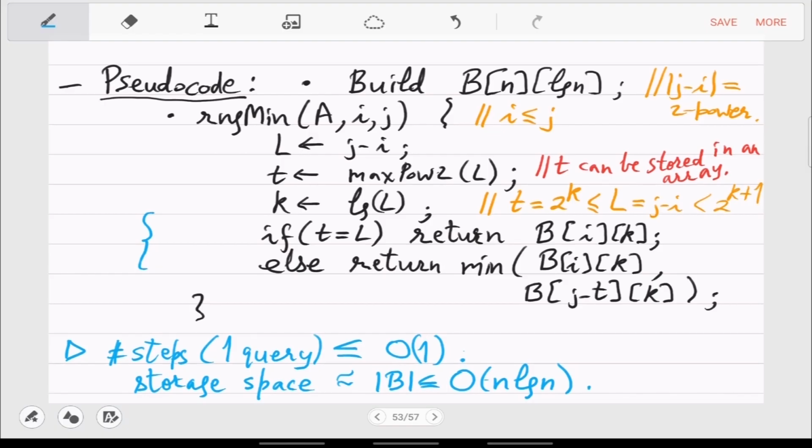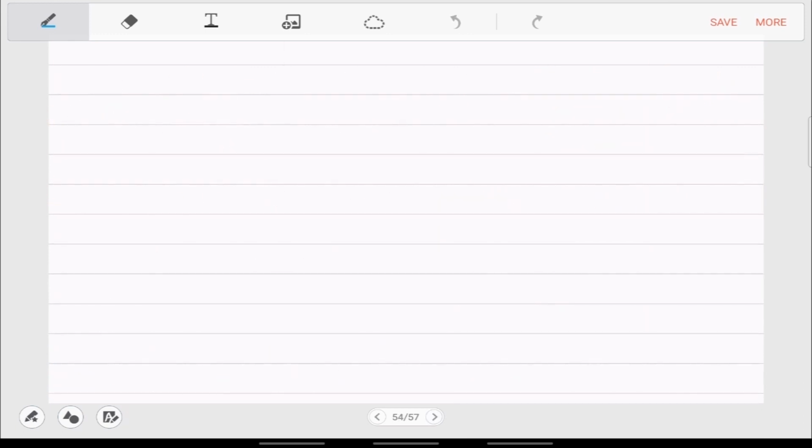Okay, so what is it right now? So right now B is basically the Bij entry, just to recall. We just continue the proof.